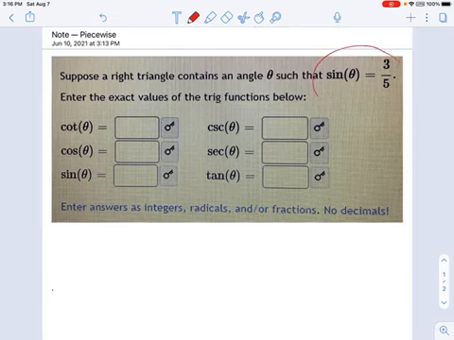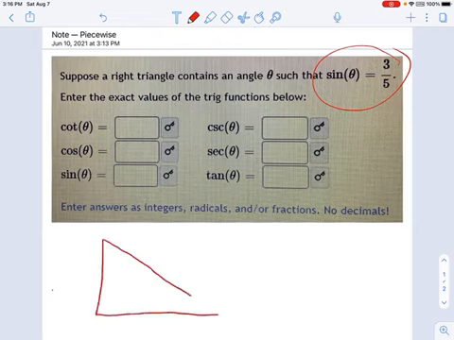So here's what we have starting out. Sine of theta equals 3/5. So what I would do is just draw a right triangle. It really does not matter what shape you put on the triangle. Pick an angle to be theta. You can't pick the right angle. We need a right angle, but theta is not a right angle. And I don't know, let's put it here. It honestly does not matter where you put theta.